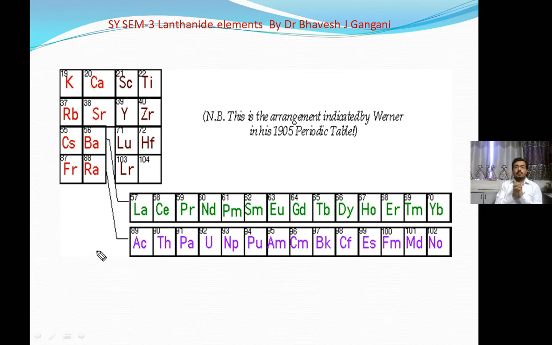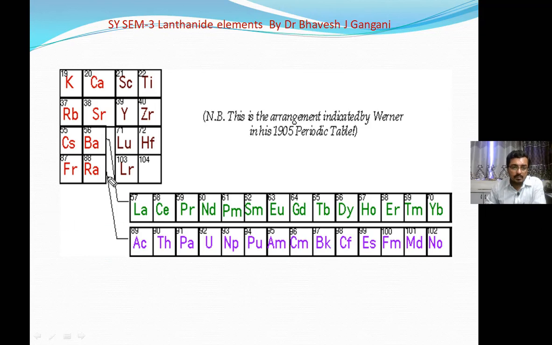So in a periodic table, you will observe that there are two series present at the bottom of the periodic table. The first series is one in which the last electron is filled in the 4f orbital. These elements are lanthanide elements. Similarly, the second series is one in which the last electron is filled in the 5f orbital. So these elements are known as actinide elements. This lanthanide as well as actinide series is placed at the bottom of the periodic table.